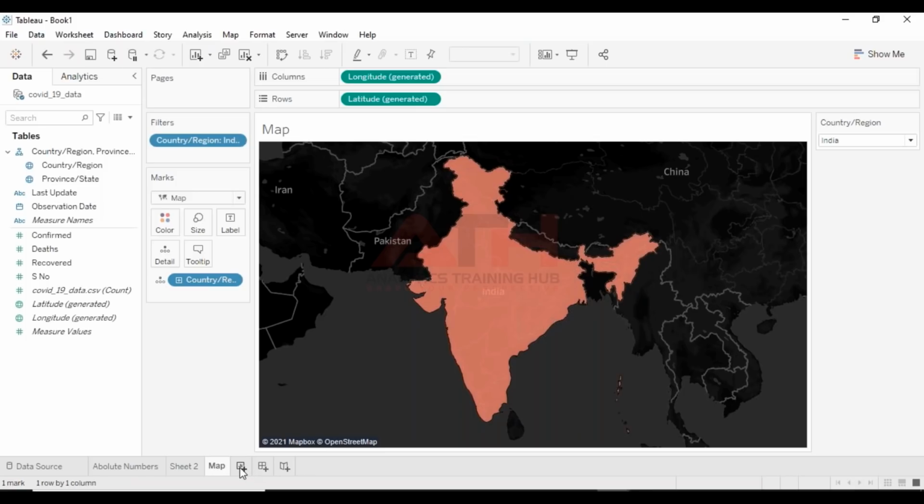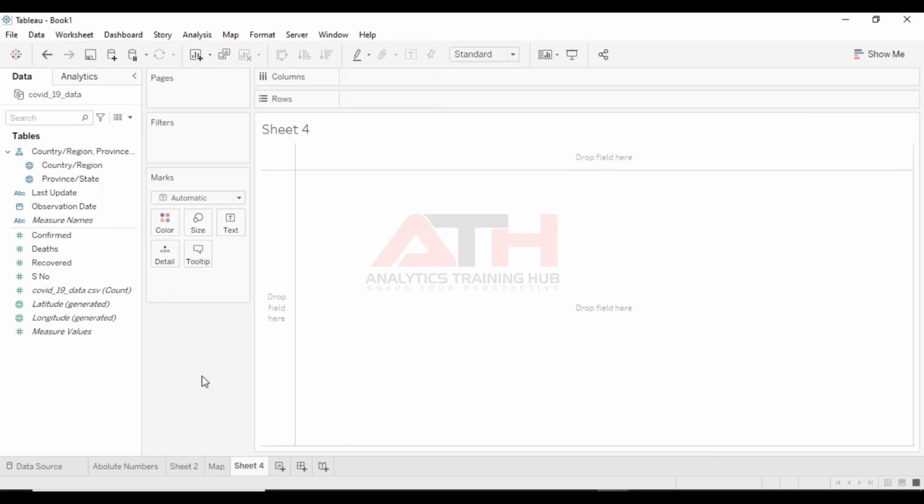So the next visualization that we are going to create is for the top 5 provinces or states in a particular region or a country.